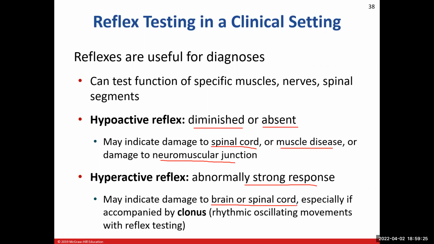Now, if it's one quick kick, no big deal. But sometimes if you tap that patellar tendon, the leg will start to shake, it goes into that kick motion and it stays extended, but it'll start to quiver back and forth. It'll oscillate back and forth. We refer to that as clonus. Depending on how long that clonus occurs can guide us in a direction of our diagnosis, when we see this hyperactive response.